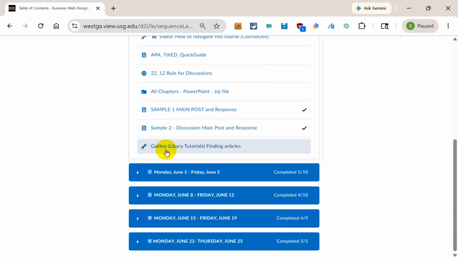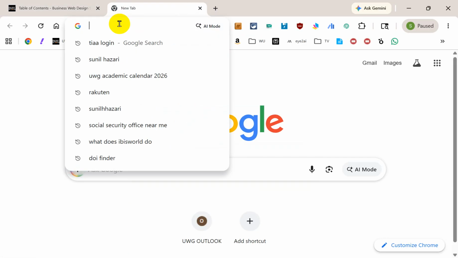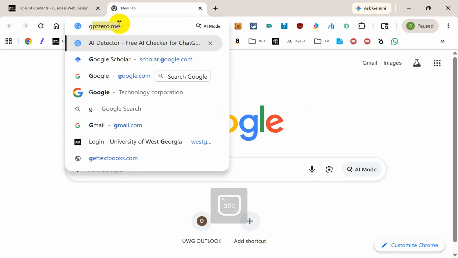Then you have Galileo, which is the library database for accessing journal articles. And when you click on this, it'll take you to the library site where you log in and enter keywords to access the article. But now I'm going to show you another site that you can also use, and that is